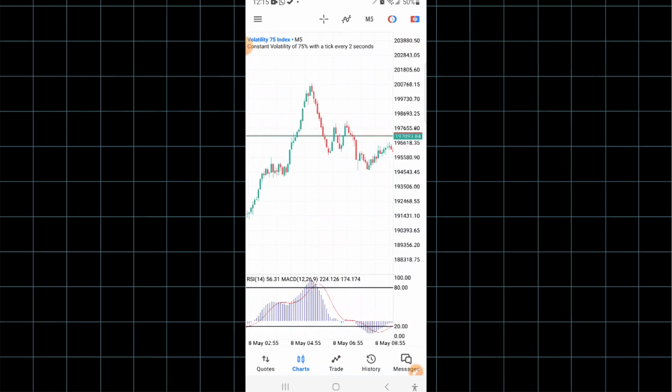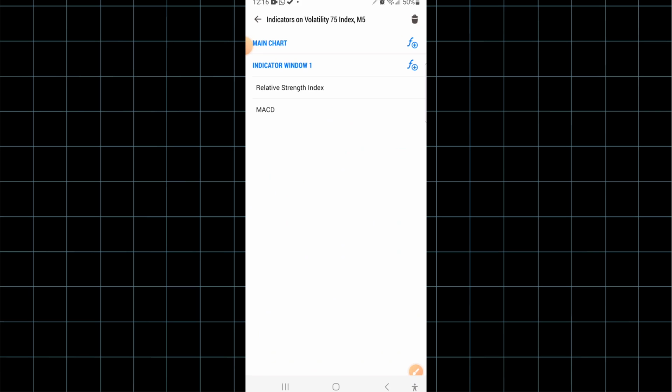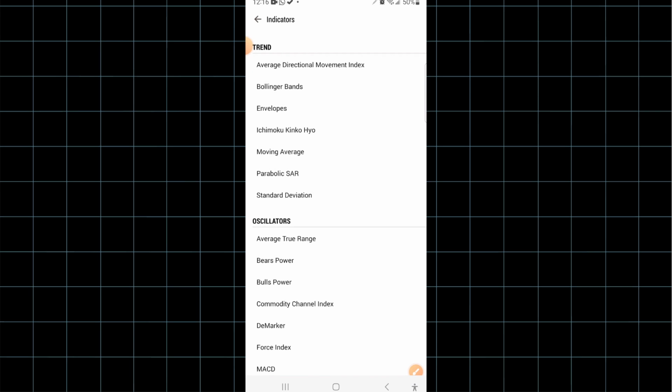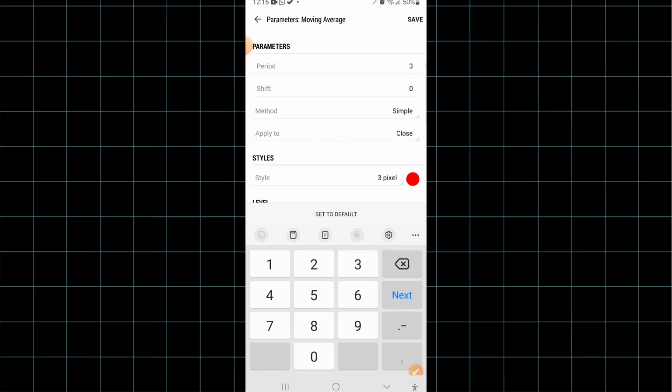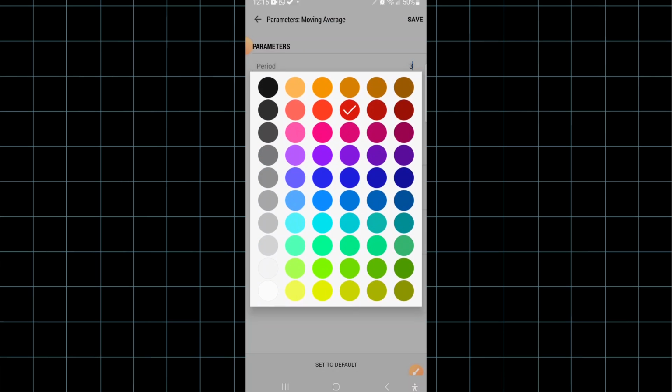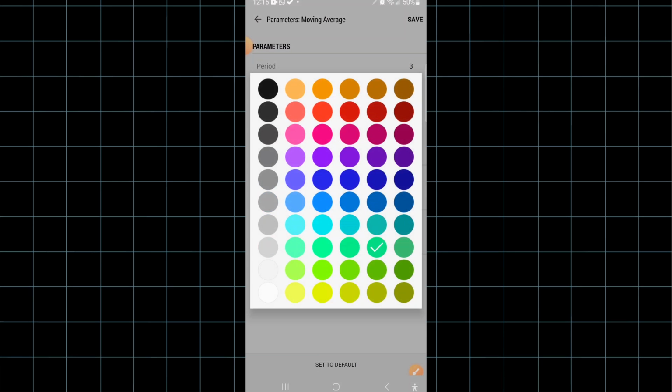Don't just say it has crossed and you start placing the trade. You want to add another indicator. So go back to your indicator tab. Do not place on chart 1, place on indicator window 1. You go to moving average. Once you go to moving average, put your period to 3, and then choose your color. Maybe I'll put green, put whatever color you want, but for this case, I'll put green so that it's clear